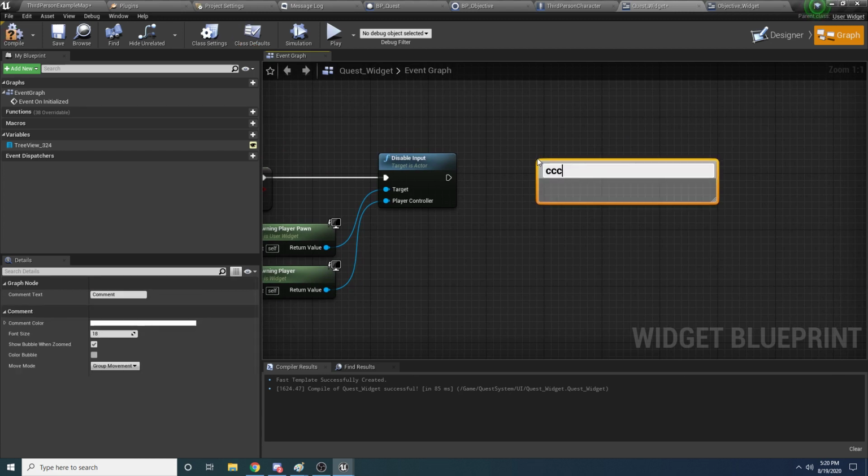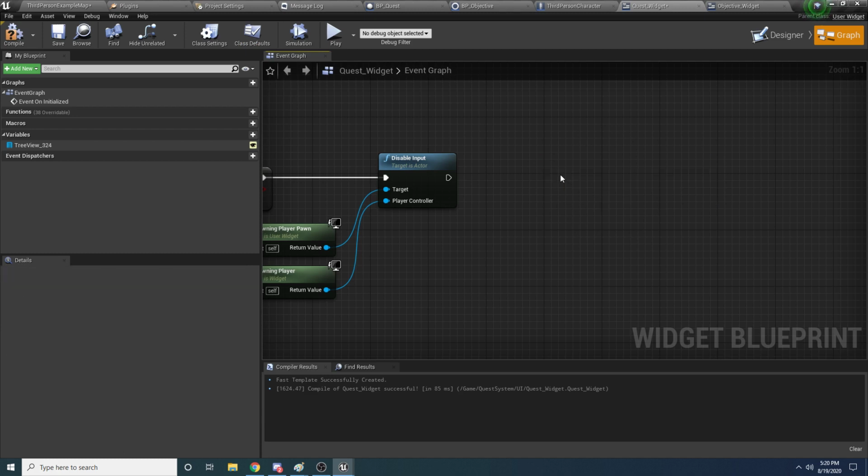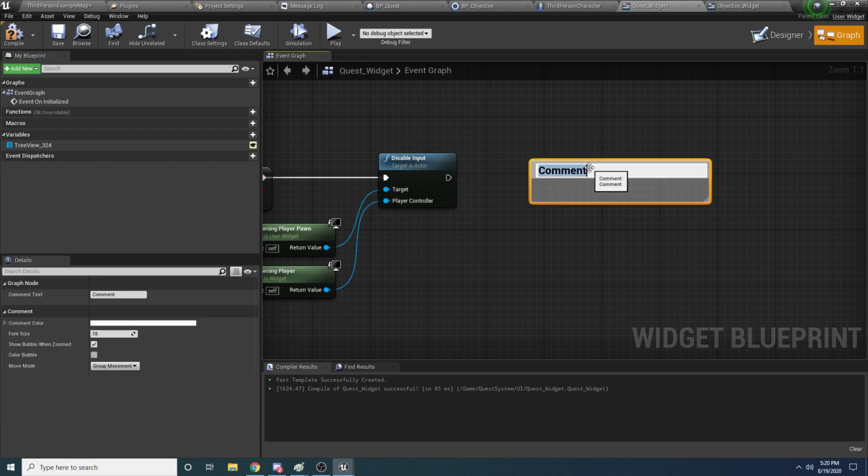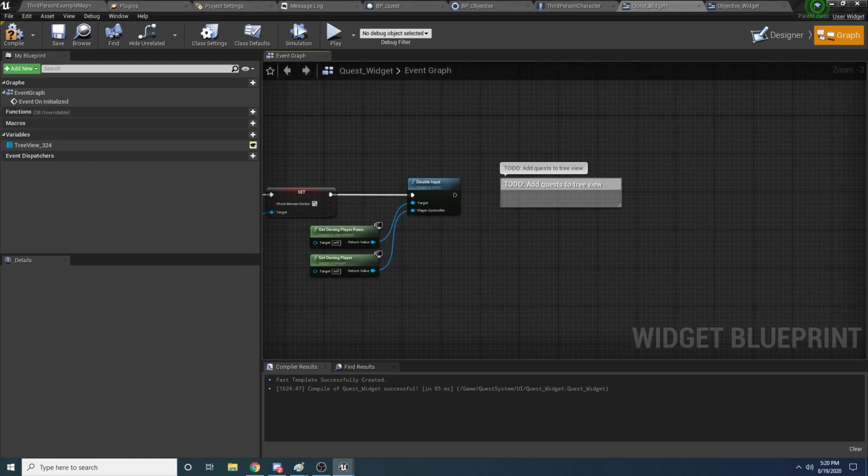So if you just press C, it's going to add a comment. And I'm just going to say to do, add quests to tree view. And we'll come back to this in a little bit. But for right now, let's just make it so that we can actually close